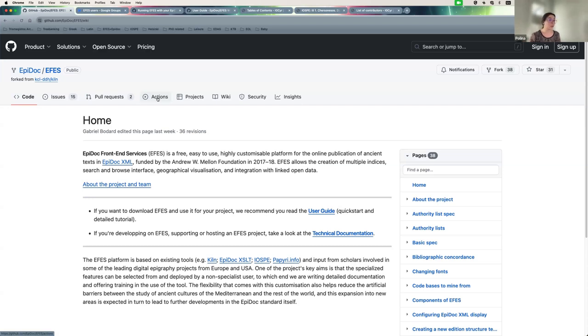And we also would like to improve it by adding some of the new functionalities that have been introduced in EFES by the projects that have been working with it. And one of our driving